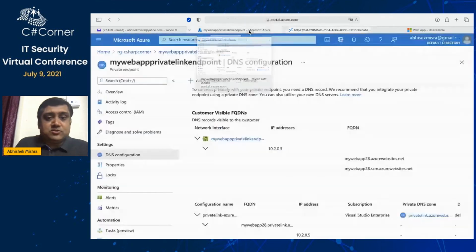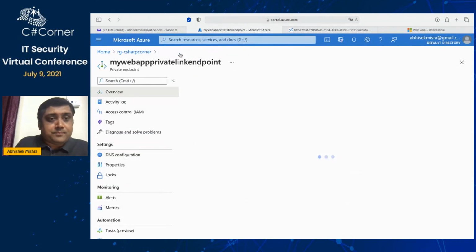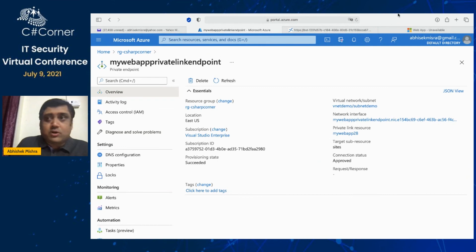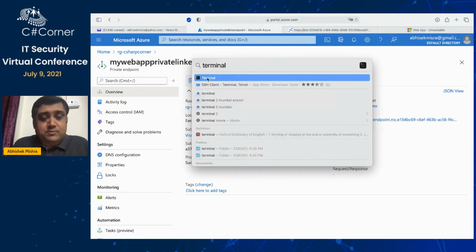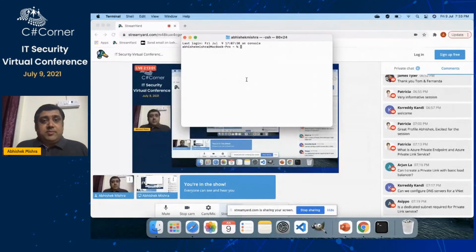No issues. Let me also get into it again. I'll show you, or else from here also I can show it to you. I can do a ping and show it to you. Maybe nslookup.